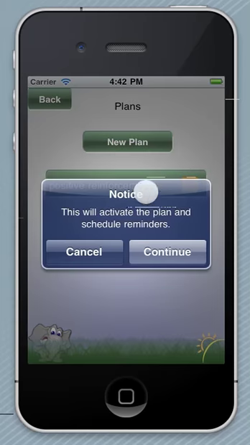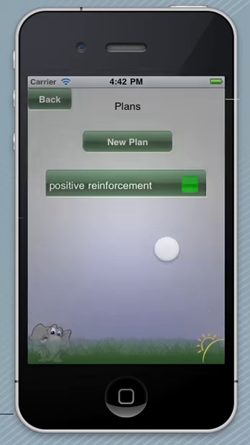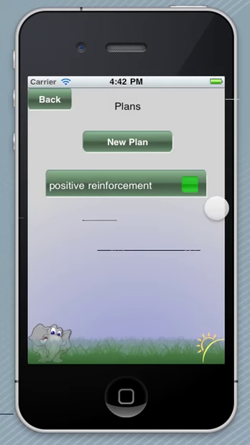We'll click on the orange box and it says Notice. This will activate the plan and schedule reminders. Great, let's do that, so we'll continue. The box is now green. Now, the teacher can go throughout her day, have her iPhone or her iPod Touch or her iPad in her pocket, and around that time that we selected, she's going to receive a push notification that says, did you give